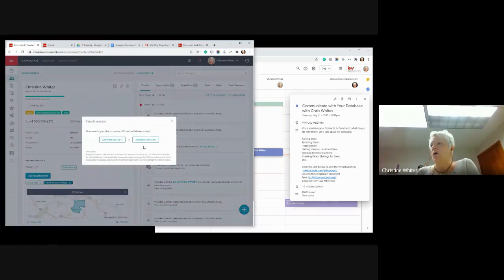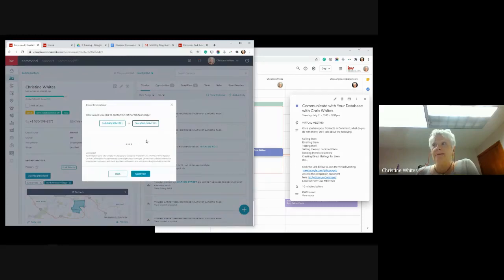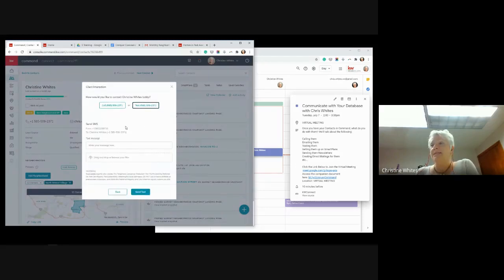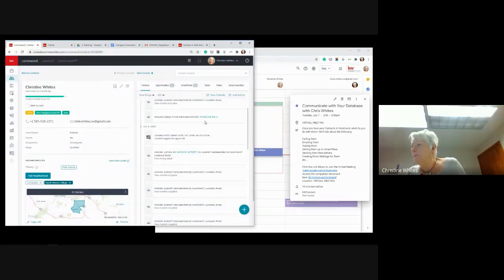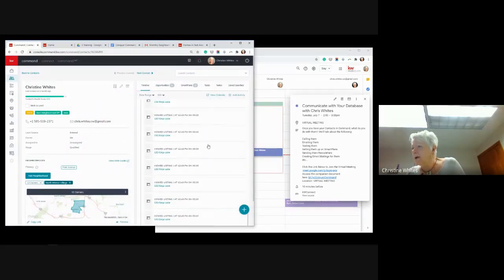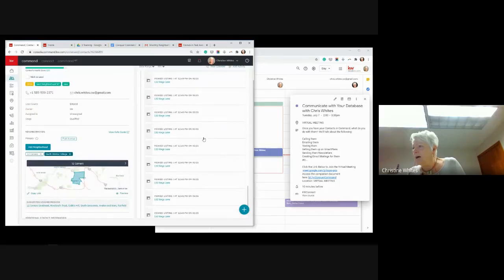So if I go and I want to do a text, this is my Twilio number right here, and I can write them a text message and then just send a text. So if I go back,